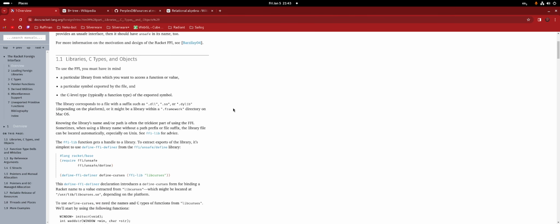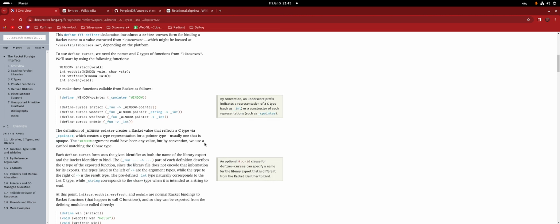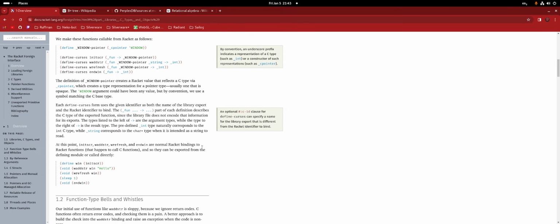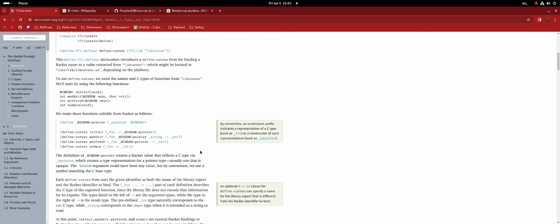Okay, FFI. That's gonna be really interesting. How fitting. They are not highlighting the C code. I mean, the documentation system is optimized for Racket languages, right? Yeah, but again, laziness.